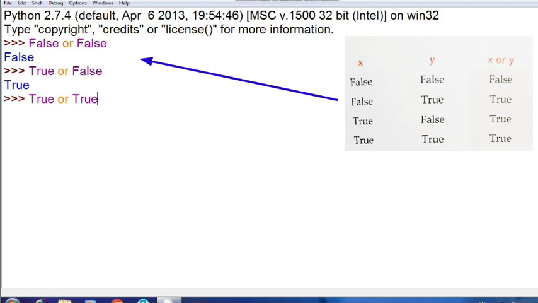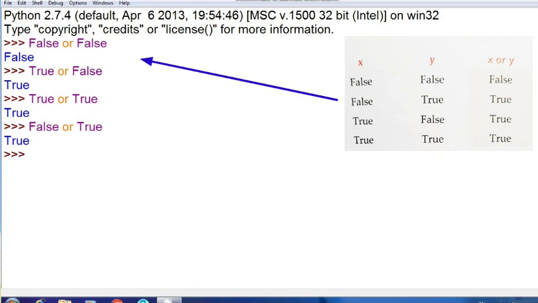So obviously it will give you the answer true. And now True or False, we have checked, the answer is true. And if you want to see False or True, it will give you the answer true, because the first expression is not true, the value of False is false only, so it jumps to the second one and gives you the answer true. The OR operator evaluates to true if any of its operands is true.